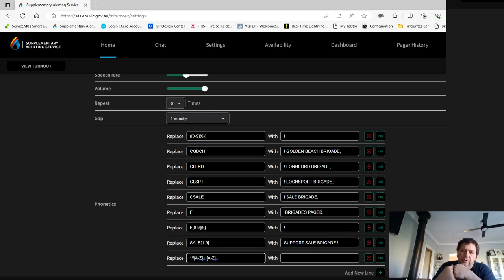To try and simplify it, I've taken the crossroad references out with this code because it's just too much information. You only want to know where it is roughly as you're getting dressed or getting your turnout gear on and jumping on the tanker. You don't want it saying all these different crossroads. So that's what this code is, to get rid of the